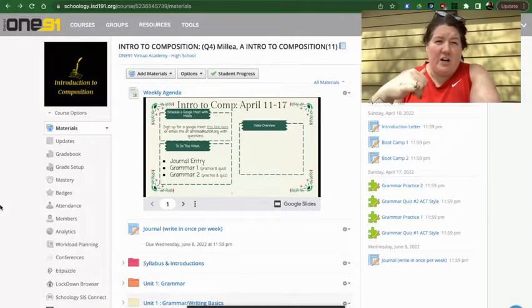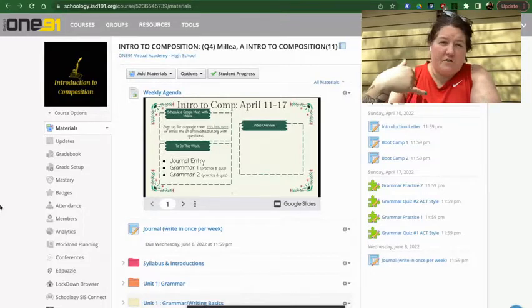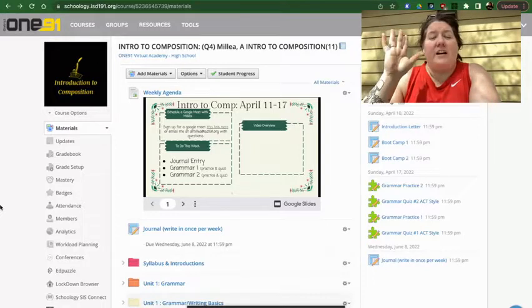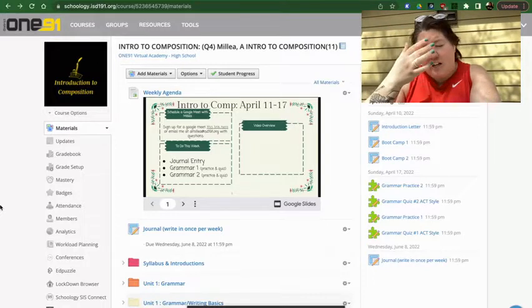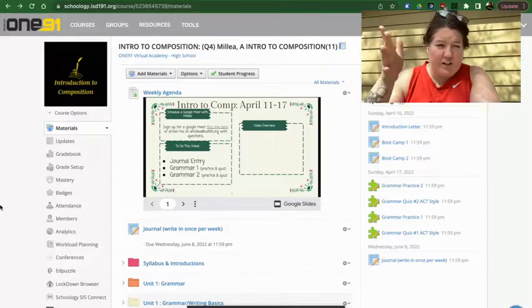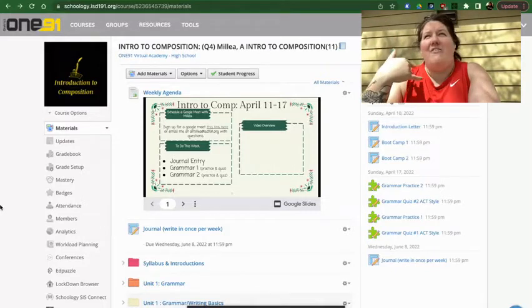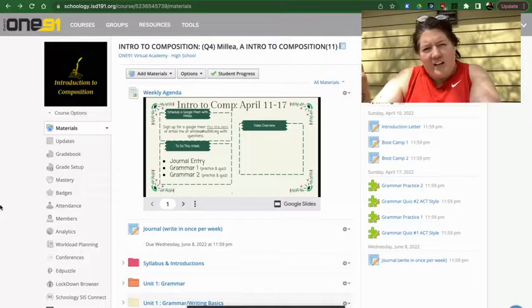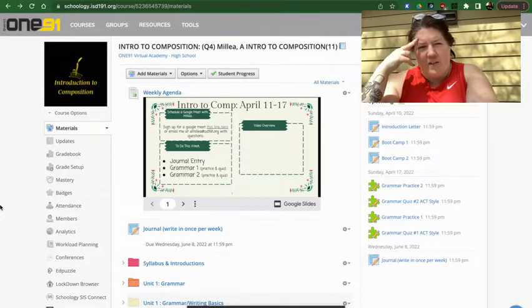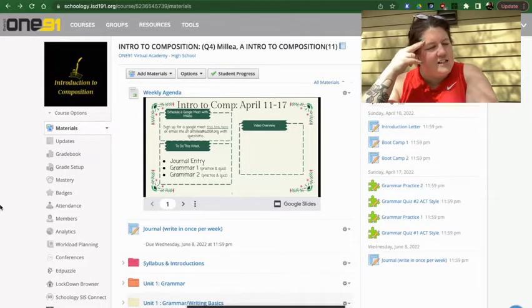And as a reminder, now that we are one week in, if you have not completed any assignments, you will be marked absent for this week. So please make sure that you are getting at least one assignment done every week to make sure that you're here for attendance. I can be flexible in deadlines otherwise, but if I don't get anything from you for a week, then I mark you absent, and that's just our virtual academy policy.